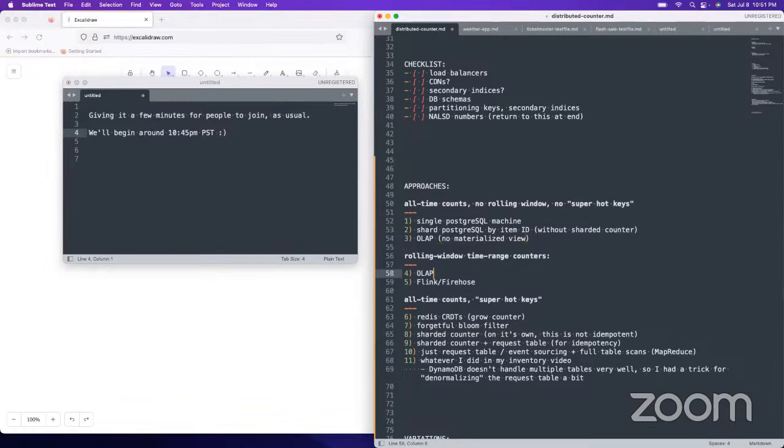And then what did I have for this one? Counters, no counters, do a full table scan for getting the count. Oh shoot, I even had three approaches under one.